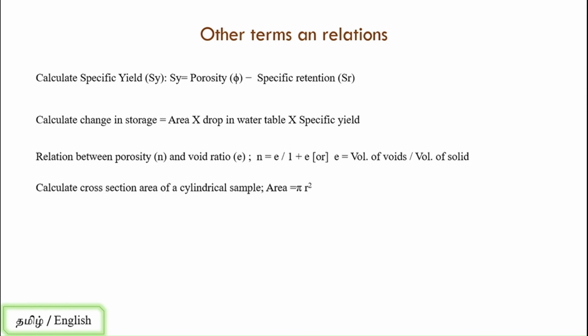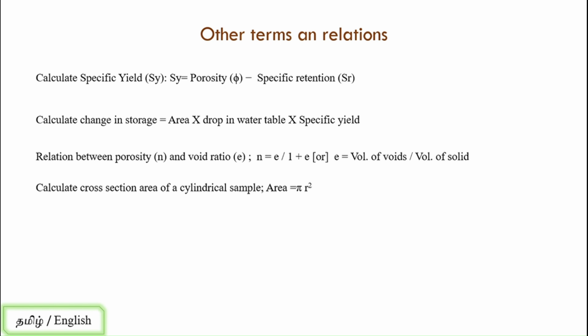The next one is calculating the cross-sectional area of a cylindrical sample. When you are dealing with hydrology, many a time you come across samples that are cylindrical in shape, right? So if you want to find the cross-sectional area, you can simply use area is equal to pi r square, which is the formula for a circle, right? If they give the diameter of the cylinder, you can divide it by 2 to find the radius and simply apply this formula there,